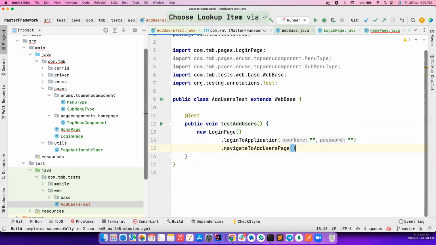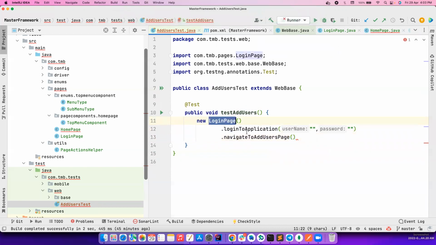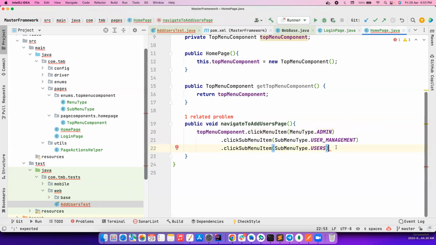Navigate to users page. It's up to you how much detail you want to give in the test, but I prefer writing like this so that you remove a lot of noisy code here. So this is what I'm interested in: log into the application, navigate to add users page. Once I do that, after clicking on this, basically I need to get the user page, so return new add users page,